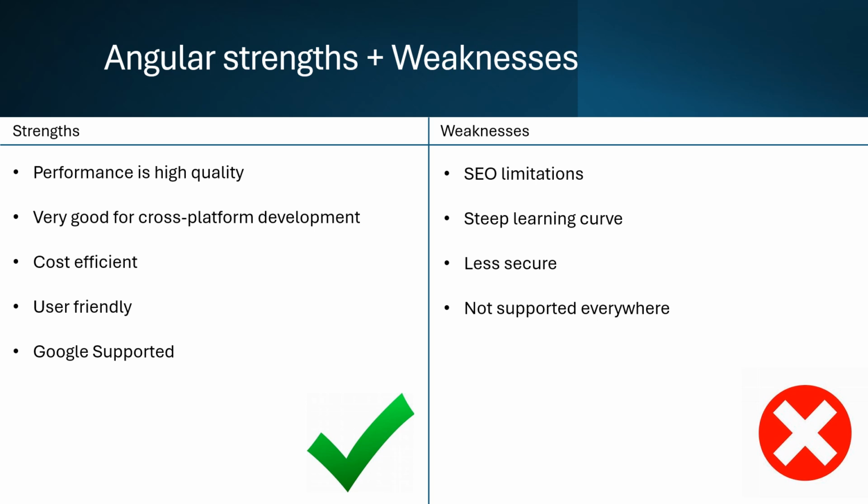So going on to the next slide, I'm going to be talking about the Angular strengths and weaknesses. The strengths of Angular are that the performance is high quality. It's very good for cross-platform development. It is cost efficient, user friendly and Google supported. So these are all very big strengths. For example, cost efficient means that more users can use it, and user friendly means that more users can navigate around the Angular web application with more ease,